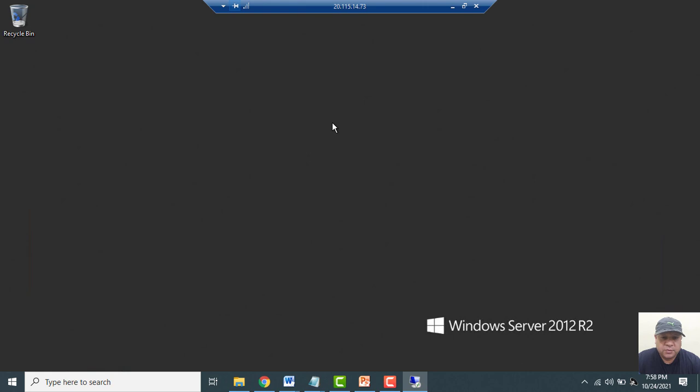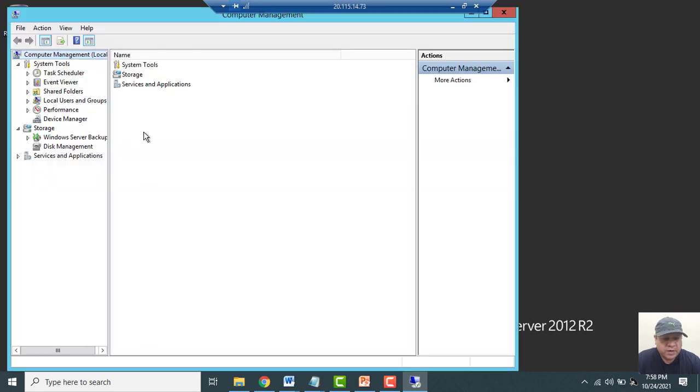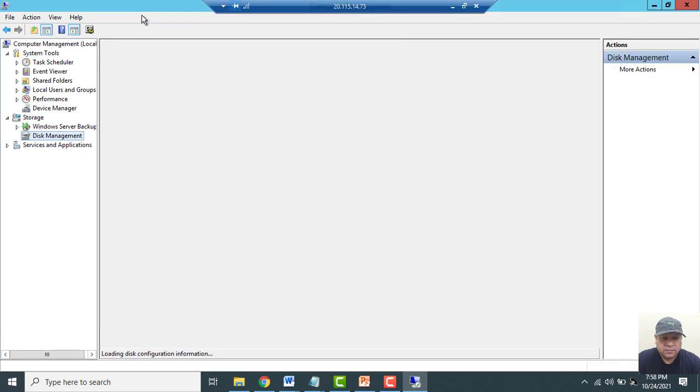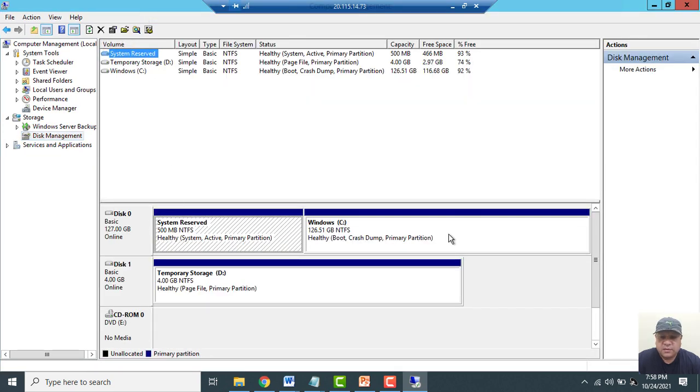Let me show you through computer management. We will open disk management and I will show you. See, this virtual machine Solo3071 has 2 disks, disk 0, disk 1.